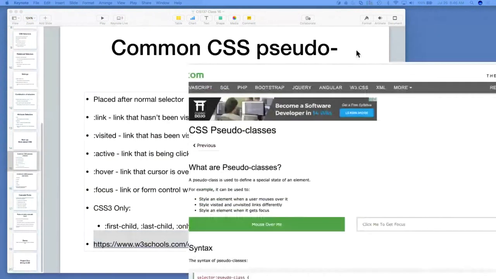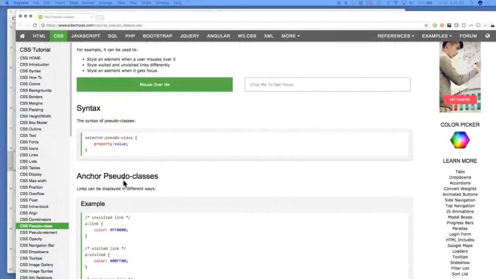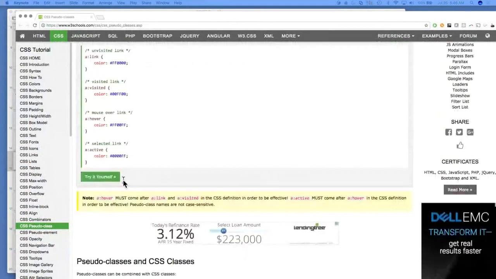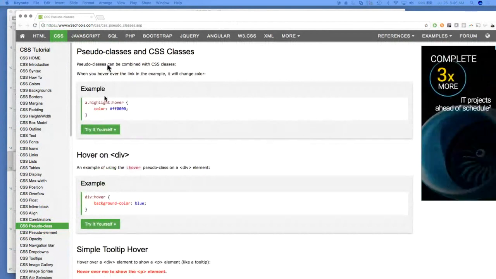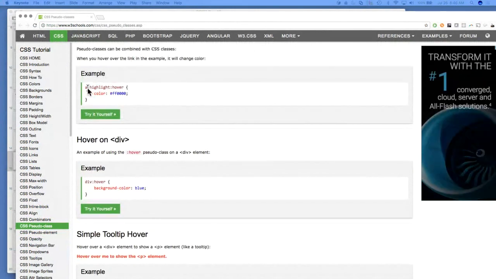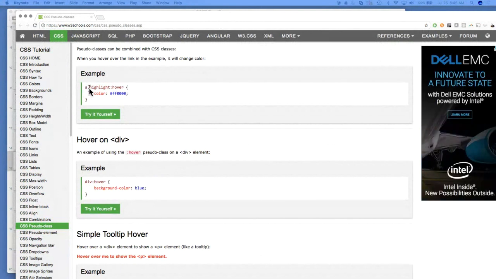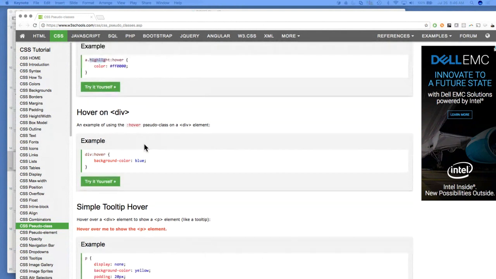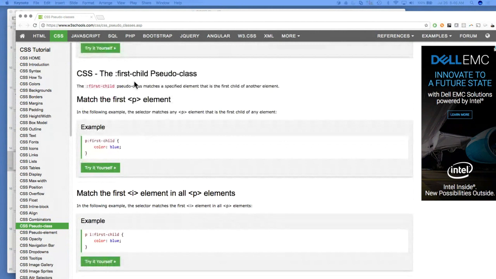So if we go to pseudo classes, we can see a variety of pseudo classes here. Use selector : pseudo class and all the link stuff here. You can combine any selector with a pseudo class here. So only highlighted, or it says all anchors with the highlight class that are hovered right now, I would like to have red. Now if we go down to CSS3, the first child,